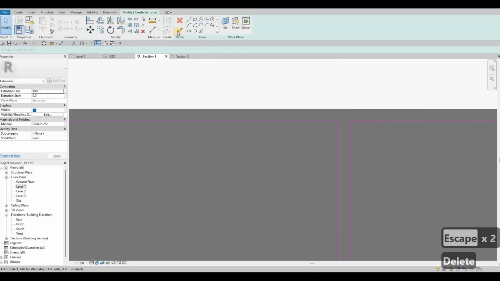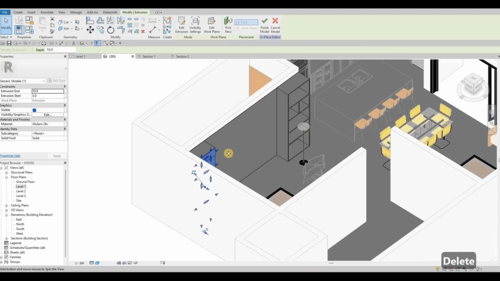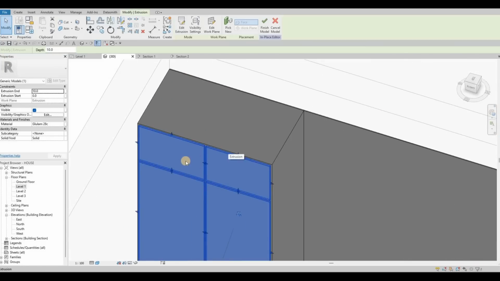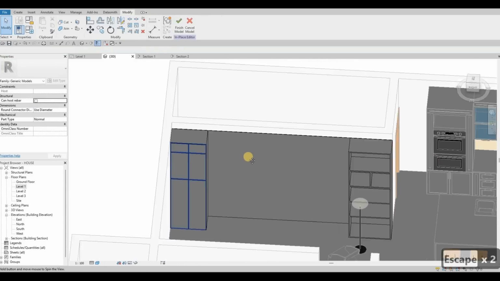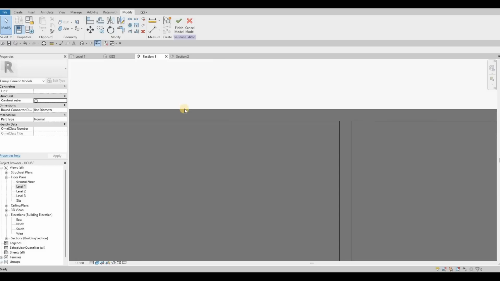And then delete this part. Finish, and then let's go to 3D to look at how it looks, and that looks pretty much good. I'm happy with the way it looks. Go back to section,